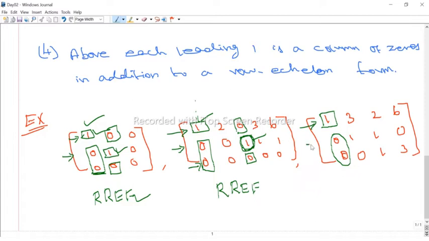Now we scan the second row, and the leading entry should be after the first column, because in the previous row we found the leading entry in the first column. Therefore, in the second row, the leading entry should be in the second column or later. Anyway, we get the first non-zero entry, the leading entry, and it should be 1, and it appears in the second position. And below the leading entry is 0. Yeah, it is okay. Therefore, we did the second row.